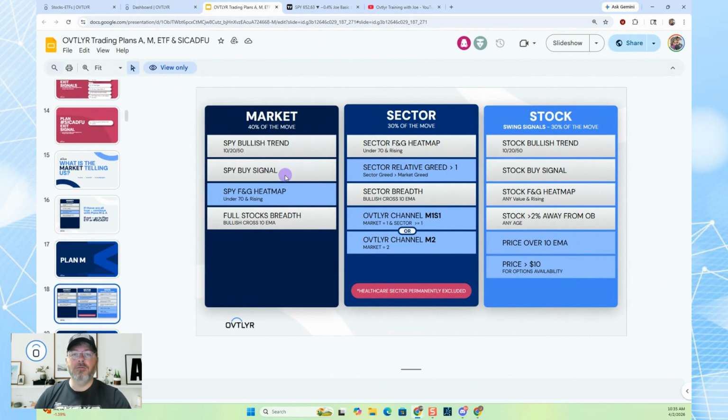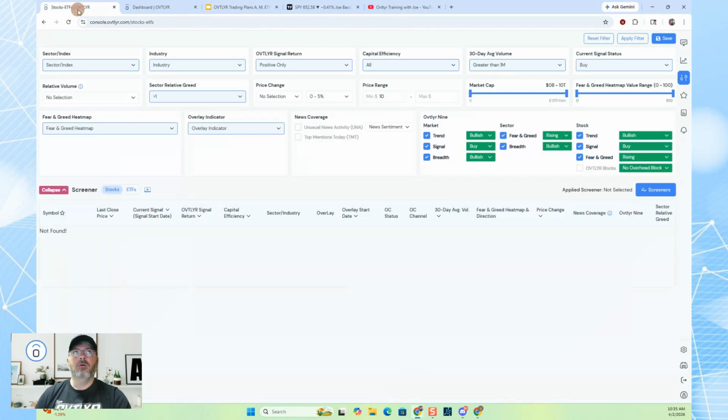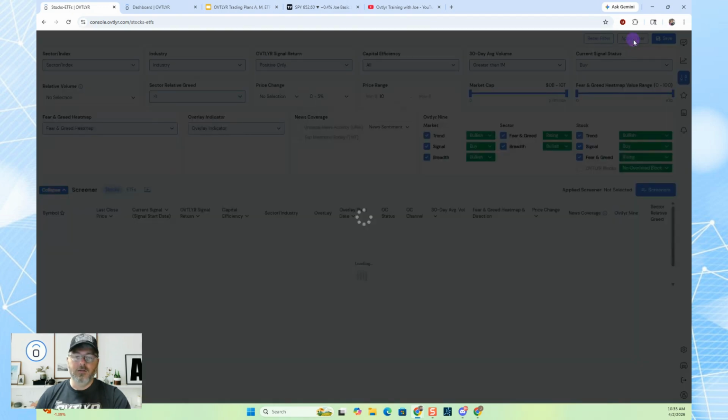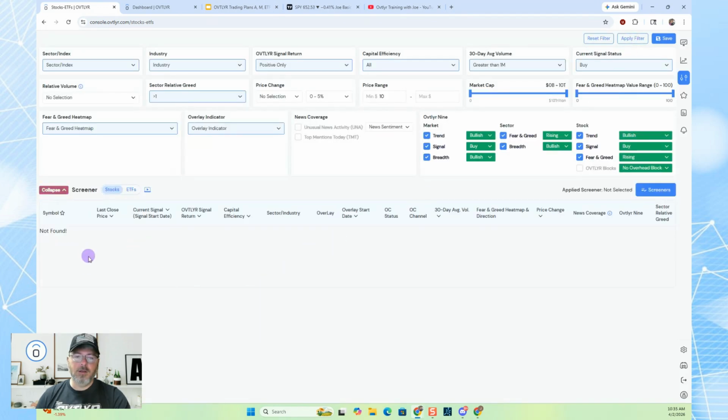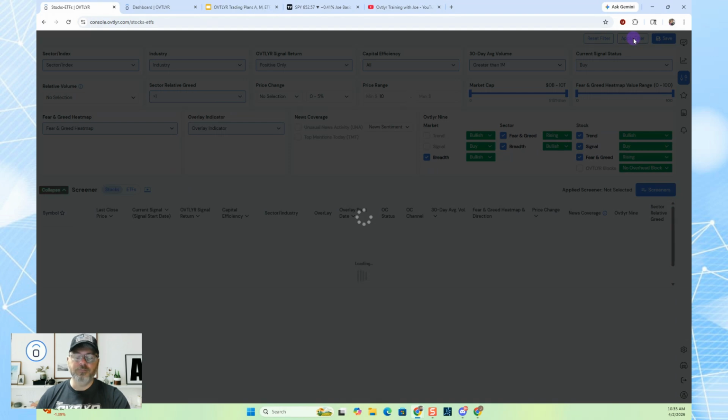However, could I find assets that meet the rest of the criteria? Well, if I head over to the screener, this is the list of settings that Chris would use in his Plan M signals as far as filter criteria. If I hit apply, it's going to search, but it's not going to come up with any hits. Well, that's because we just found out that the market trend and signal are both the opposite of where they would need to be. So if I just uncheck those and I apply that filter again,